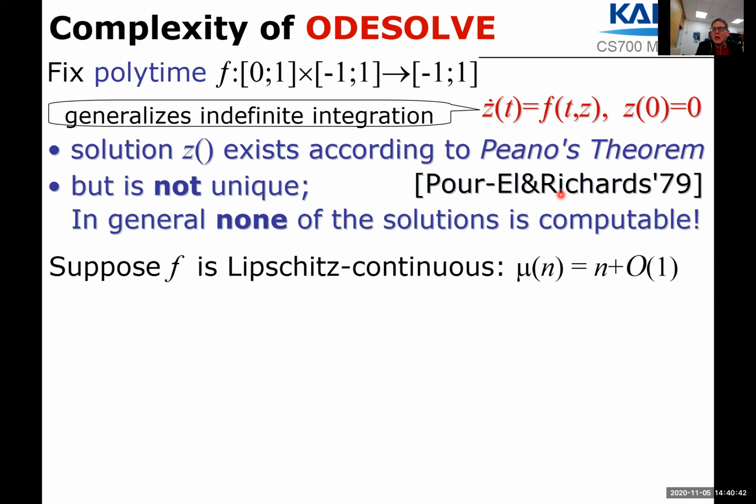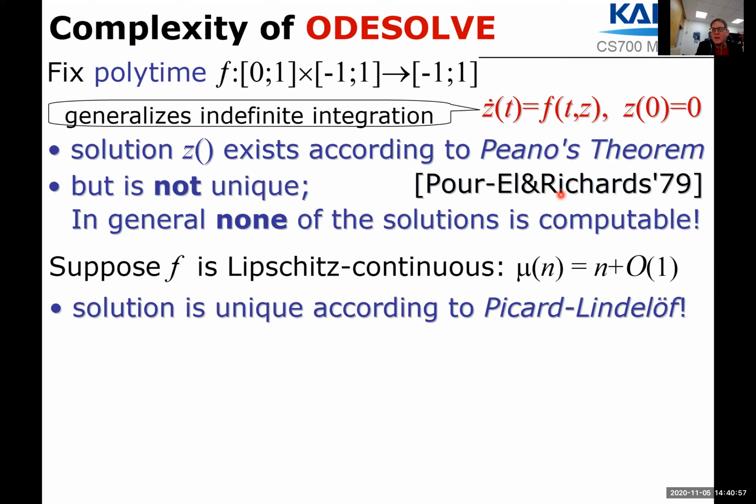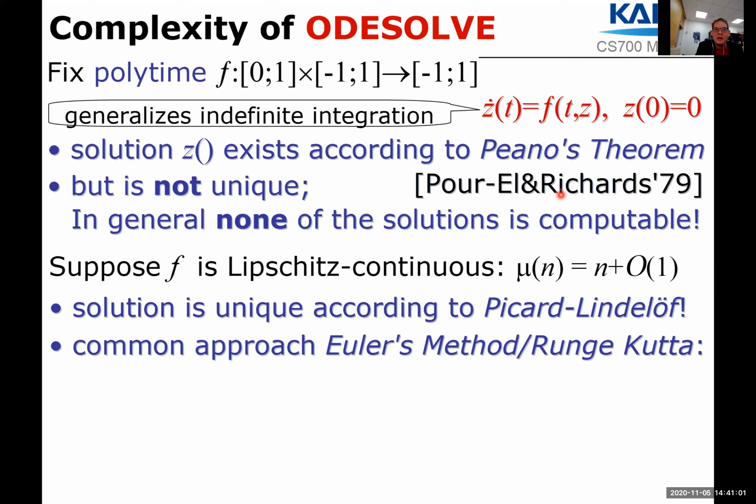And to this end, we strengthen the hypothesis to the right-hand side to be polynomial time computable, and in addition, Lipschitz continuous, which is not something that follows from the hypothesis directly. And then the solution is mathematically known to be unique. And furthermore, there are common methods, Euler's method, and its generalization Runge-Kutta